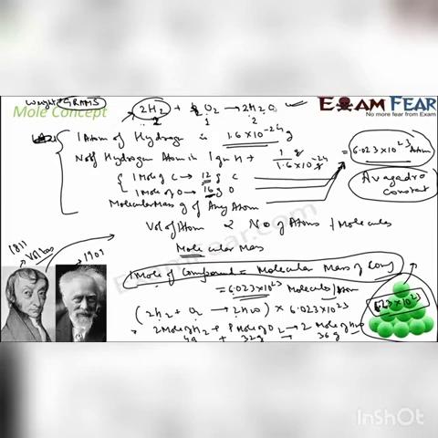And with this, numerically and mathematically, if you multiply this whole equation by 6.023 into 10 to the power 23, there is the golden number. You see that 2 into these many molecules of hydrogen reacts with 1 into these many molecules of oxygen to give 2 into these many molecules of water. And these many molecules of any molecule or compound is nothing but 1 mole.